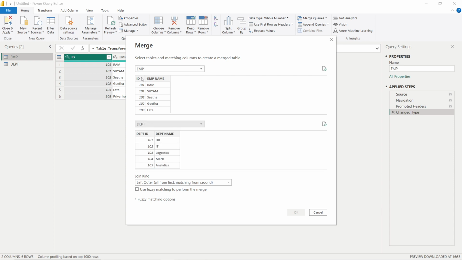Just keep in mind we also need to select the common column. So here from the employee table we have the ID, and from the department we have the department ID as the column. Whenever you select both table columns, now you can see there are no errors.